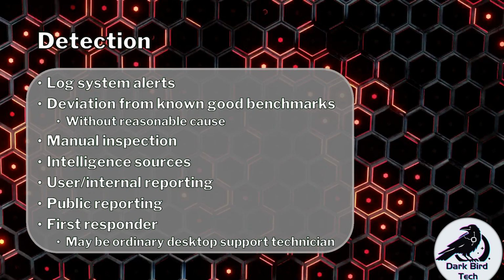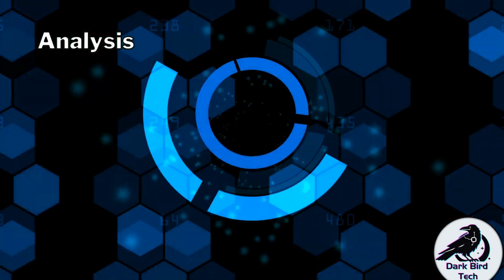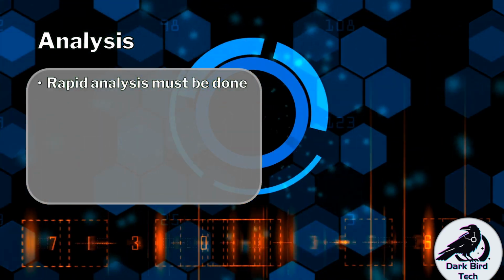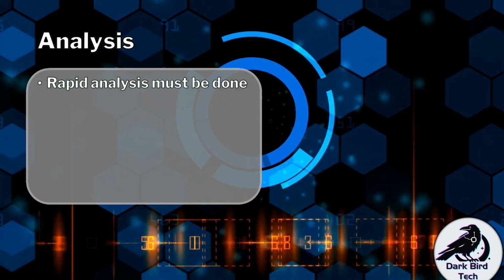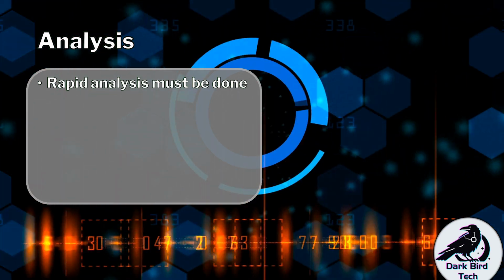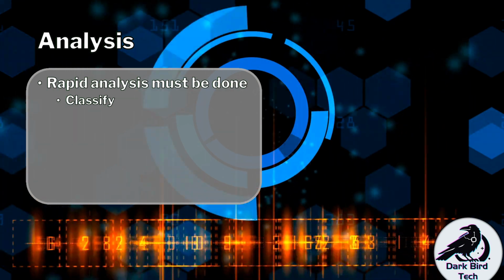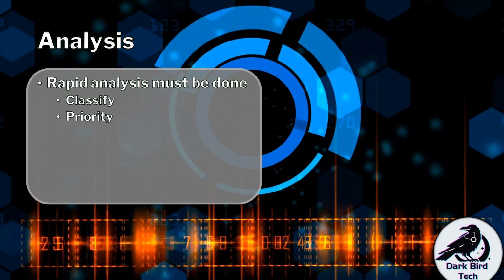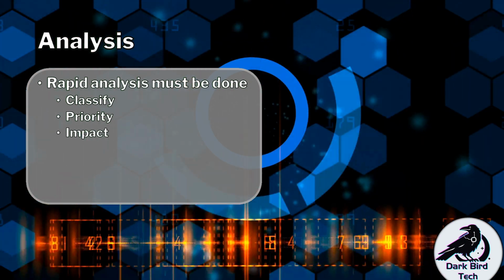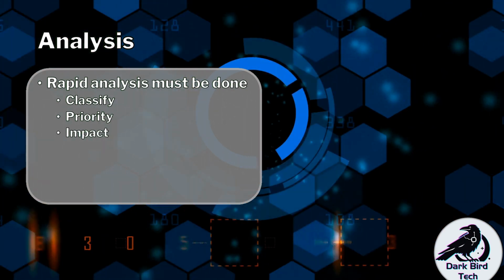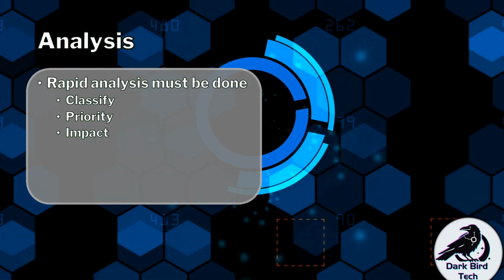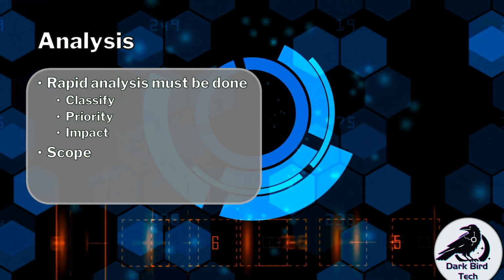But once you've detected an incident, you need to look at analyzing it and understanding what's going on. You are going to have to do rapid analysis here, so you're not going to have the luxury of time to properly interpret everything and make your determinations. But what you're after here from a rapid analysis is to classify the nature of the incident, figure out the priority in terms of how severe this is and what it is affecting of yours, what the impact is going to be if it hasn't already been measured, so that you can know, okay, cool, this is either a severe or a minor incident. You also want to see if you can pick up on the scope of the incident,